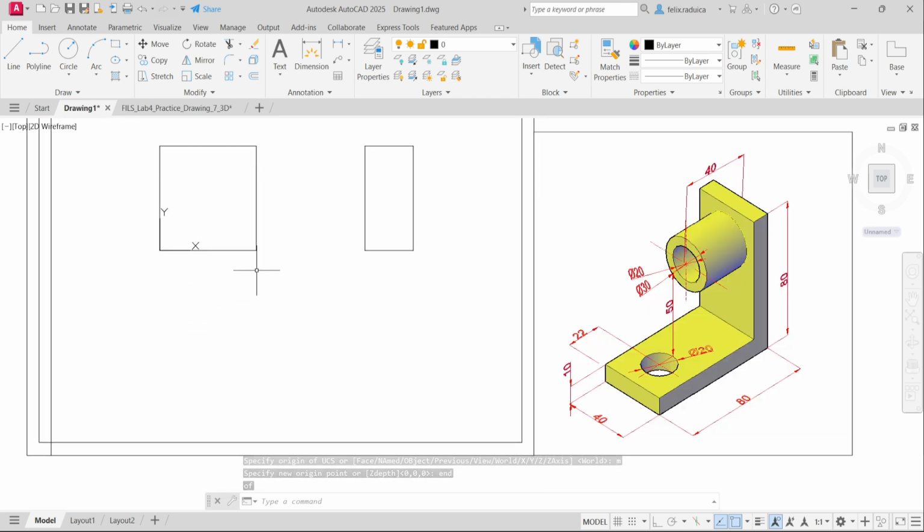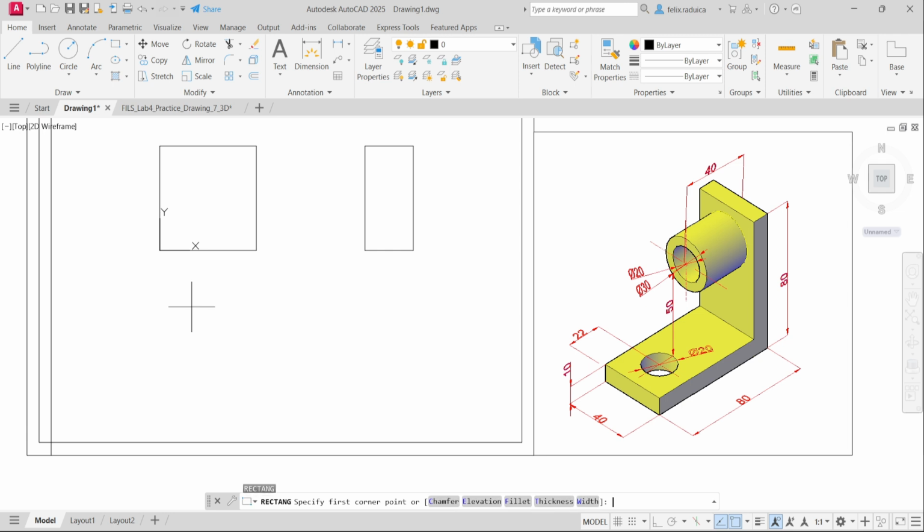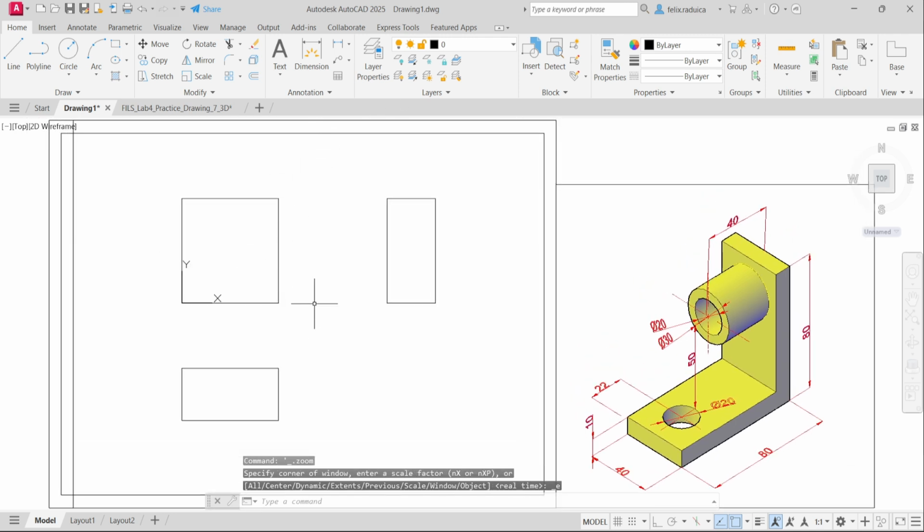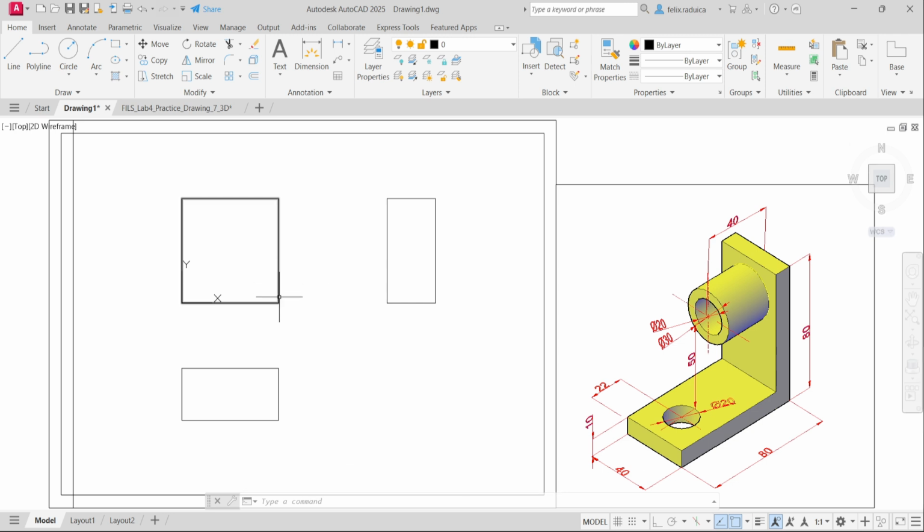And now we want the top view rectangle. So the top view will be 80 over 40 and it will be 50 millimeters downward. So rectangle 0, comma minus 50. And now at 80, comma minus 40. These are the rectangles which we will work with. First we'll draw the axis lines. So line,